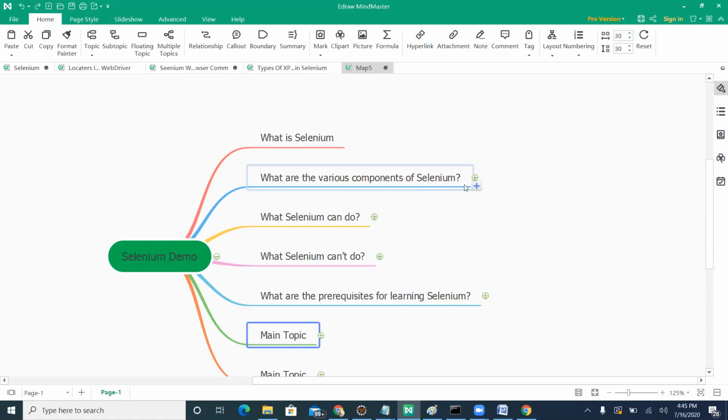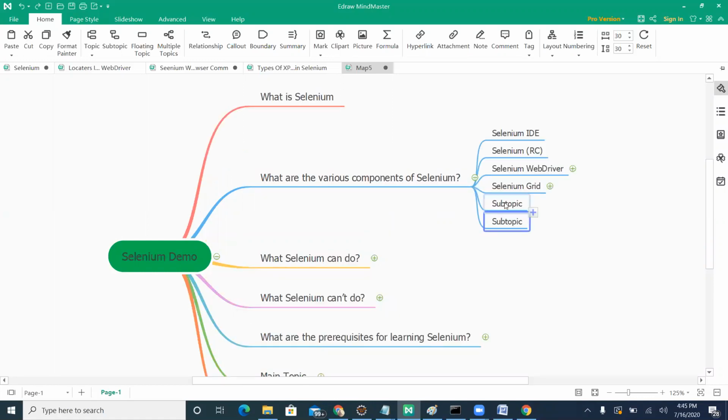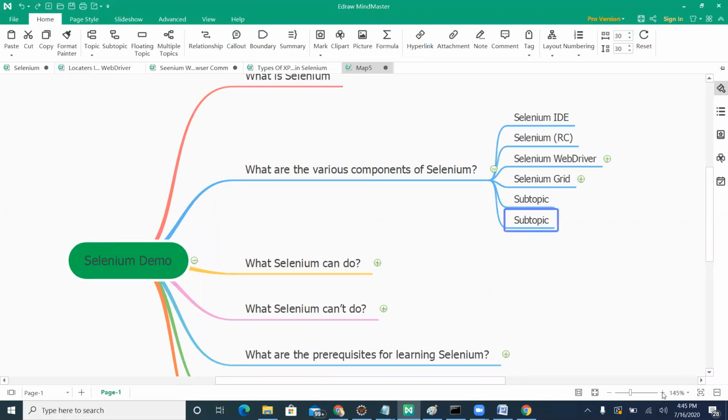And what are the components we have in Selenium? We know there are multiple components. Selenium is not a proprietary tool that comes as one bunch with one exe file to install into your system. As I said, it is an API that you add into any editor of Java or any other language and start using. We have different components: Selenium IDE, Selenium RC, Selenium WebDriver and Selenium Grid.